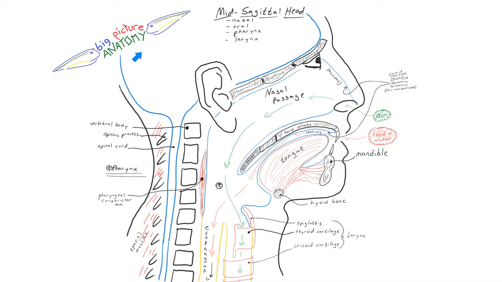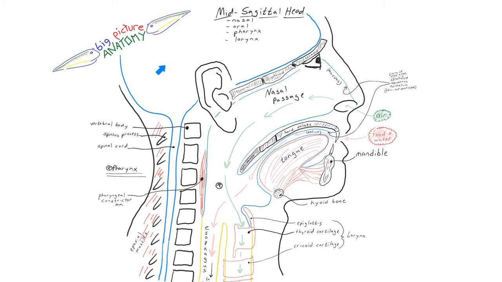All right, this is big picture anatomy with a mid-sagittal view of the head with a look at the nasal, oral, pharyngeal, and laryngeal regions, or basically the face and throat regions. What we're looking at is a cut right down the middle of the head, but of course there's a couple of things that wouldn't be seen, like the eye, the ear, and the nostril would actually be off to the side, out of the plane of the screen, but they're on the drawing just to give some perspective as to what we're looking at,